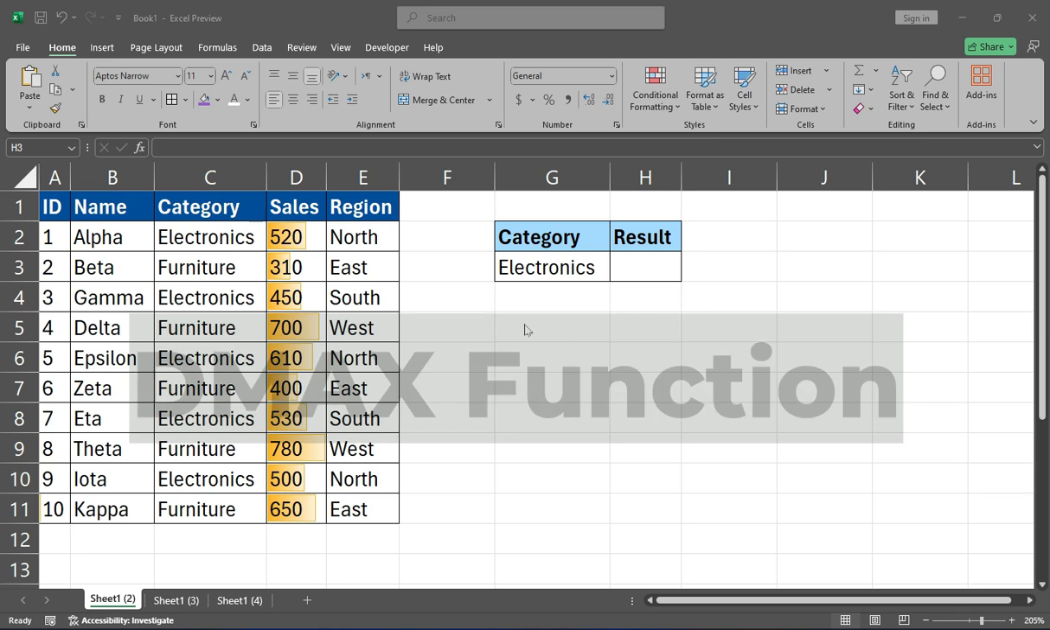Welcome to today's tutorial where we'll learn about the DMAX and DMIN functions in Excel. These two functions are extremely useful when you want to find the maximum or minimum values in a dataset based on specific conditions. First, the DMAX function helps you find the highest value in a particular column of your database